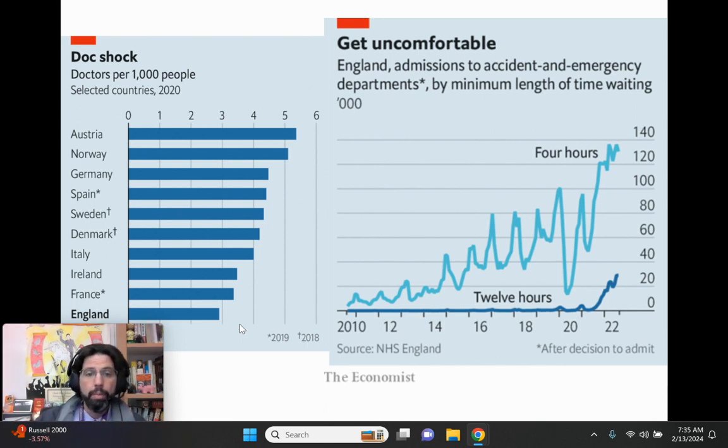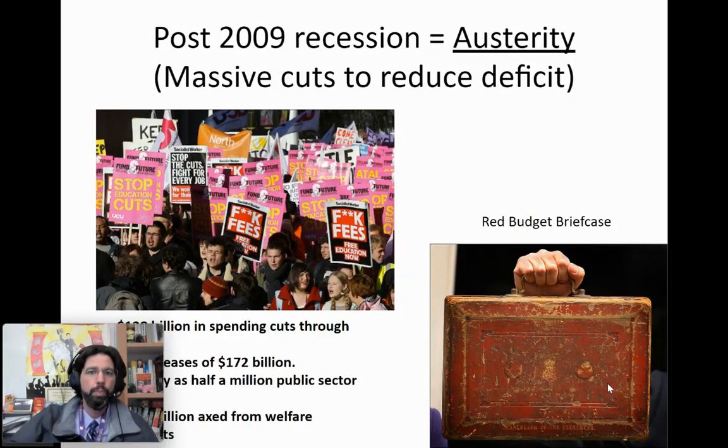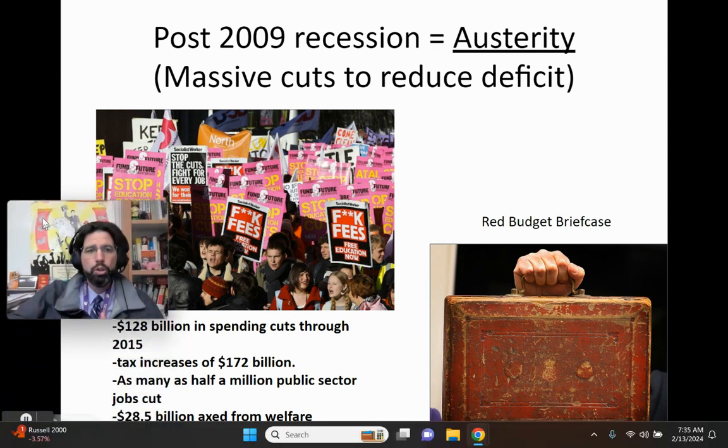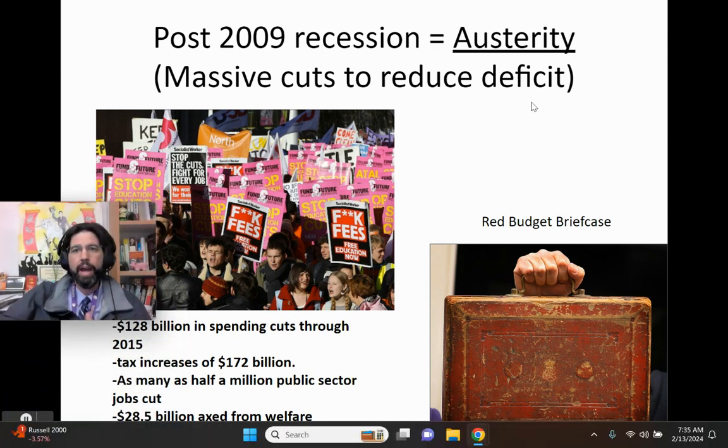This is a huge problem right now: there's an economic class gap, and a lot of those social safety nets in the UK, because of a bad economy, are starting to erode. And how do you deal with that? Huge issue. In 2009, you had what was known as austerity because you had the Great Recession. Austerity is massive cuts to reduce the deficit, the debt on the government.